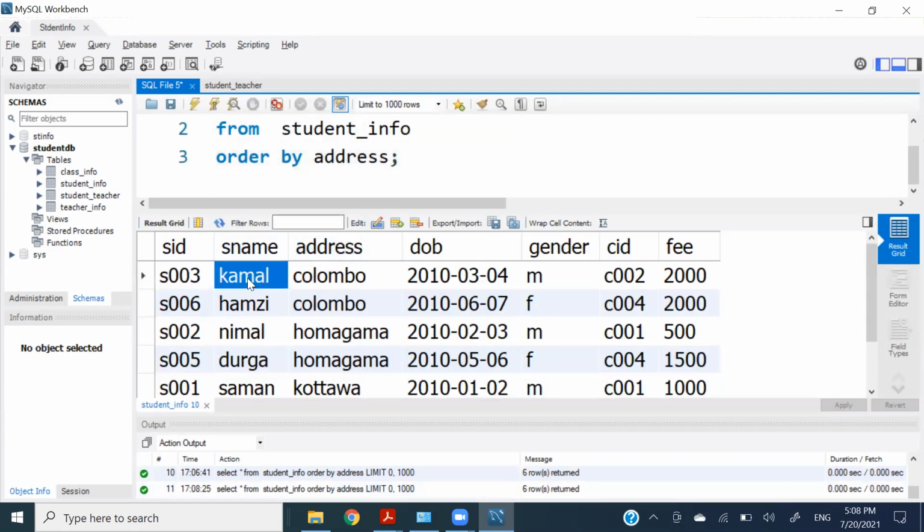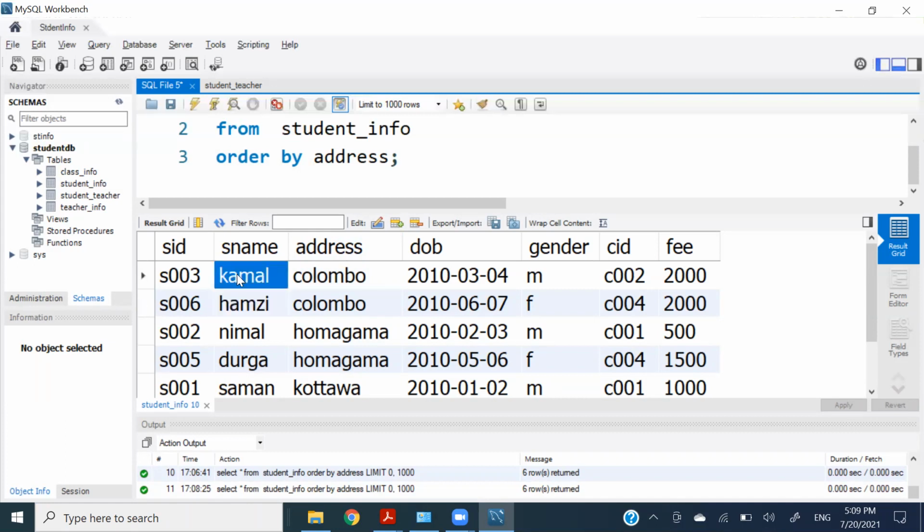If we want to order this by address, then by S name, Colombo, EFGH is the one which meets first. In ascending alphabetical order, H comes before K. So if we say order by address first, then by S name,